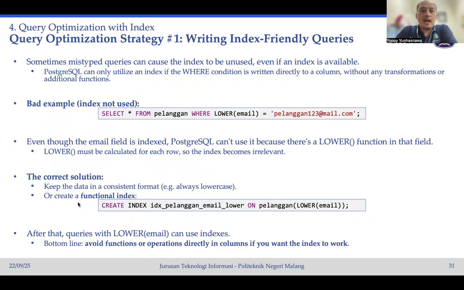All right. And this is how we can optimize our query by writing index-friendly queries. So keep in mind that an index is not always good for any type of query. Sometimes it is good when used in one type of query, but it is not good when used in other types of query. For example, in this query, the index that we have already created will never be used. Why? Because